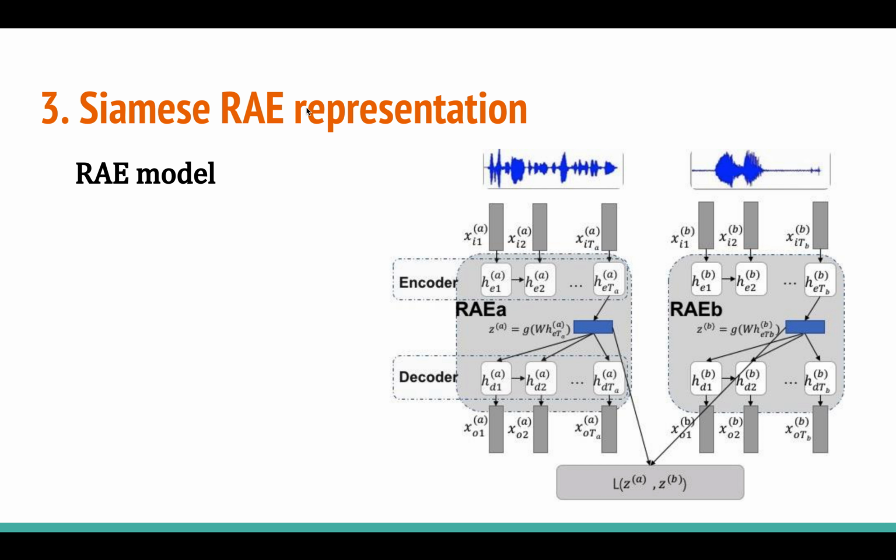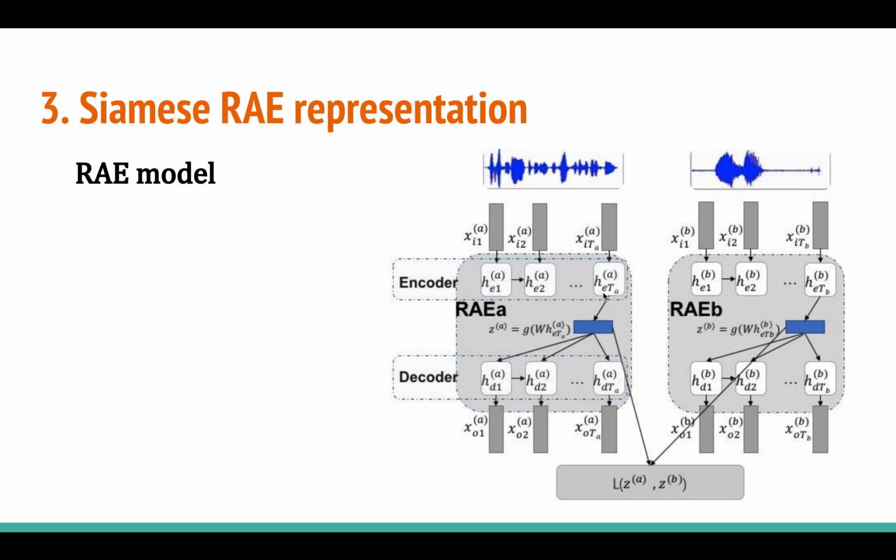An autoencoder, as we all know, has an encoder and a decoder part, and the job of the autoencoder is to try to reconstruct what is given in the input. In our case, we have this speech data. The speech data gets converted into features, and these features go to the encoder, which is nothing but a recurrent neural network, which can be an LSTM. And the last layer's representation, or the last timestep's output, which is h,